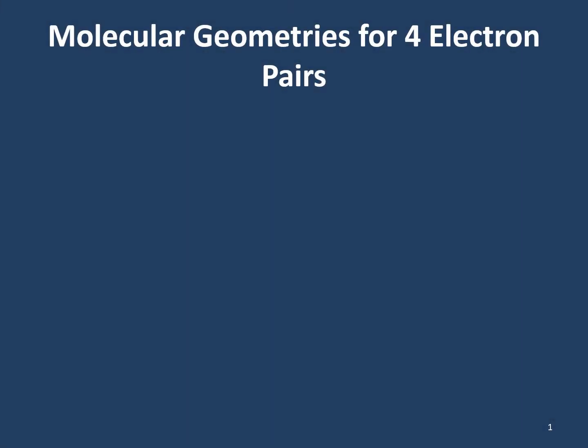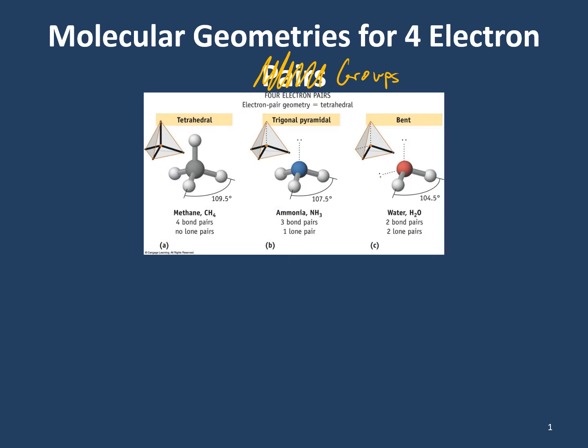Hello Chem 1A, this is Chapter 11, Lecture Video 2, and we're going to continue our discussion on the different molecular and electron group geometries that are possible. The next electron group geometry that we're going to talk about is when you have four groups of electrons around the central atom. This leads to an electron group geometry known as